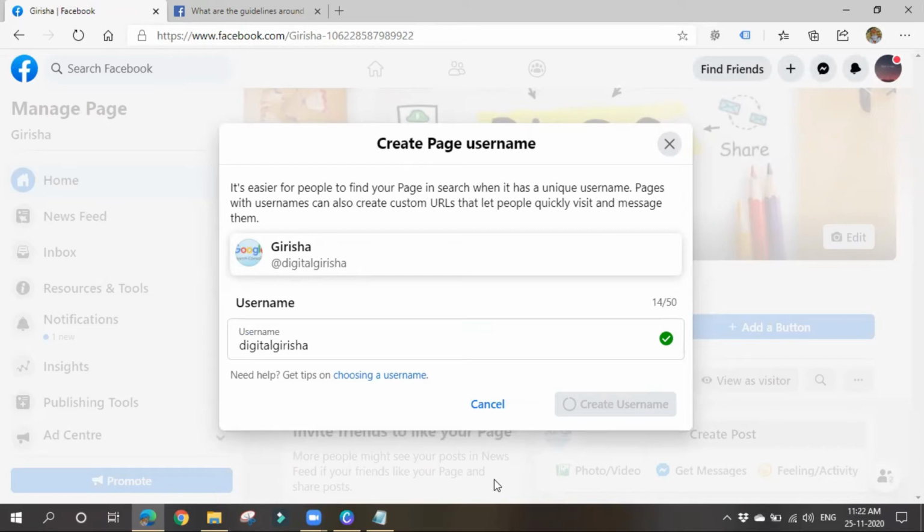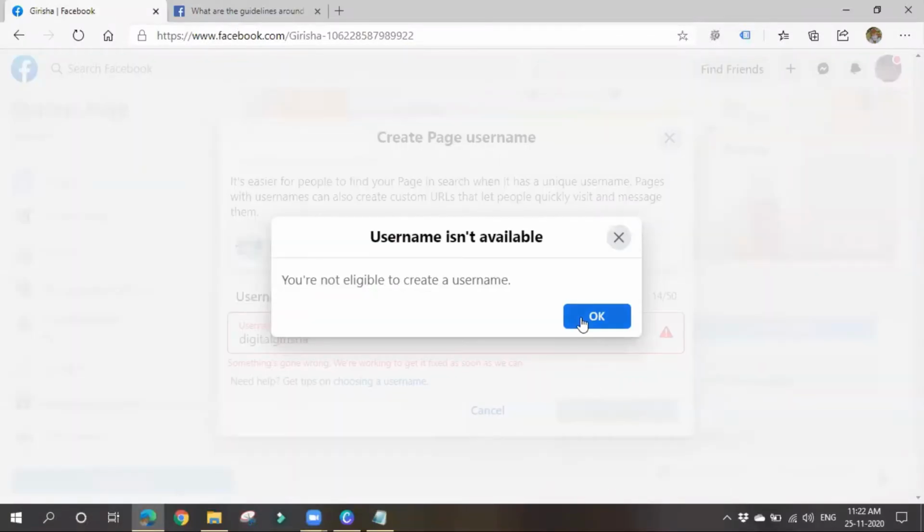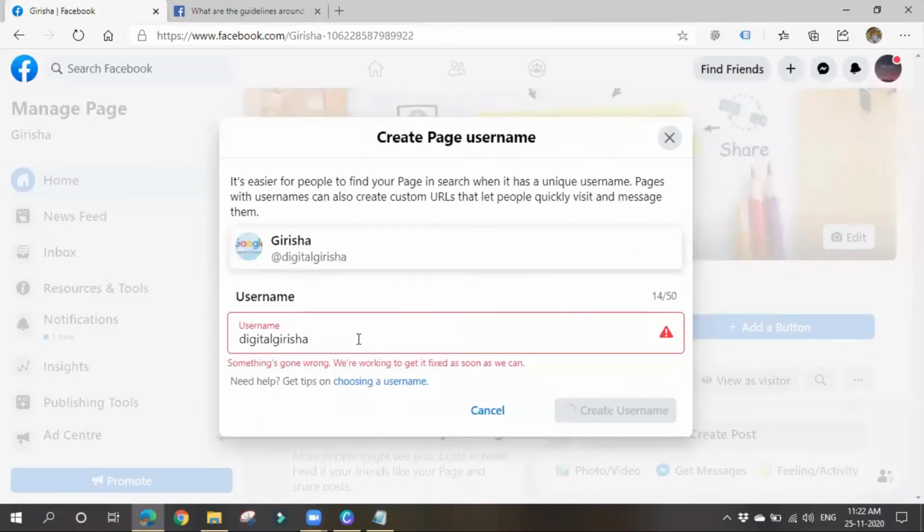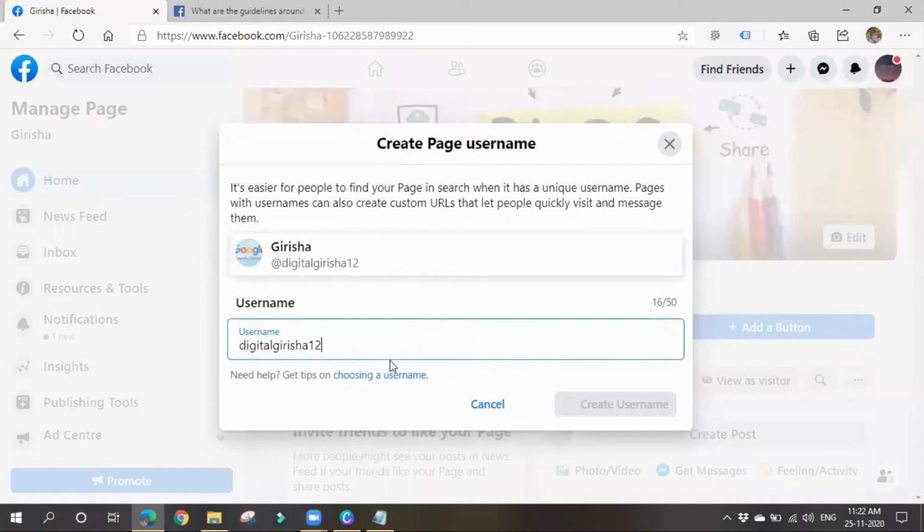Why? There is some issue. Actually, Facebook is working to create new things, so it is creating some issues. So let me check once. It's okay, guys. You try once afterwards.